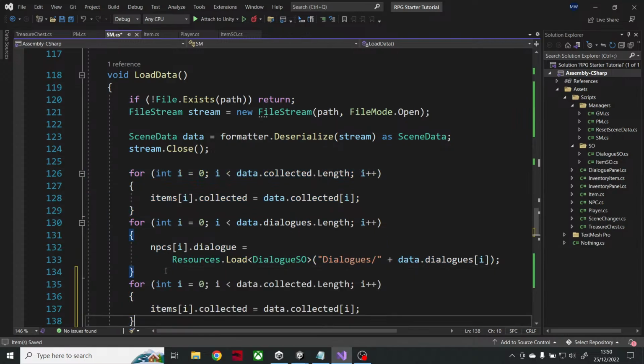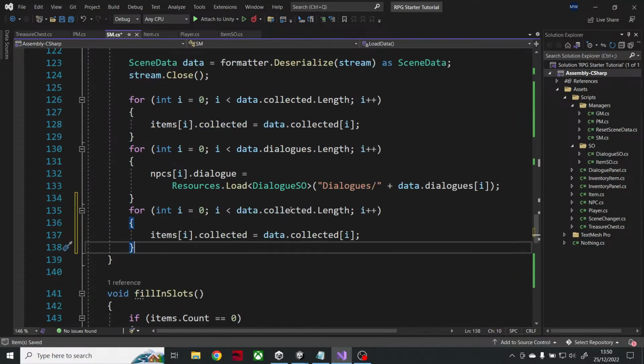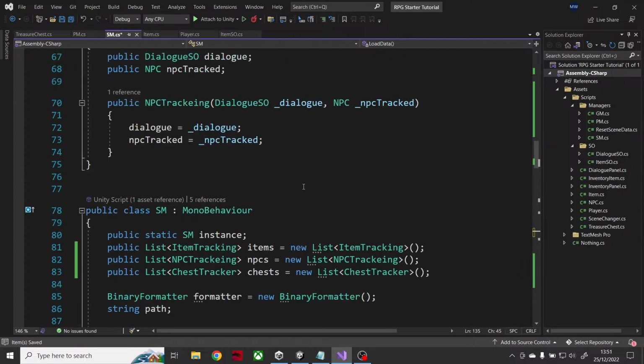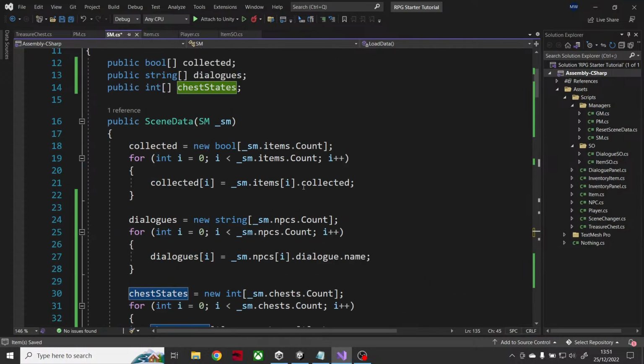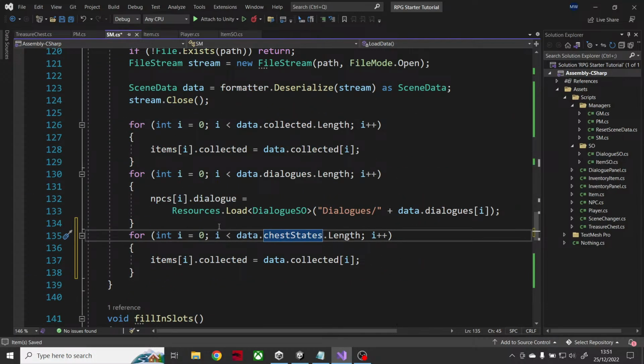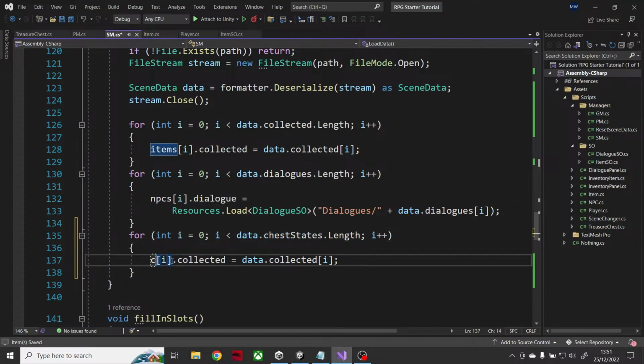Here, paste, and data collected, data dialog, data chest states. Is that what I called it? I don't remember. Data chest states. Yes, that's what I called it. All right. So for everything in the data file that we had saved, we are going to then say our